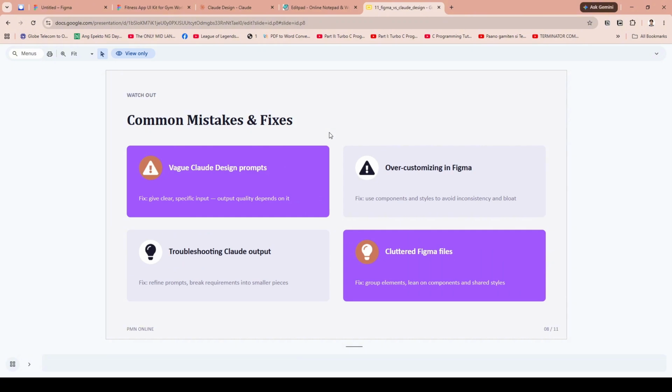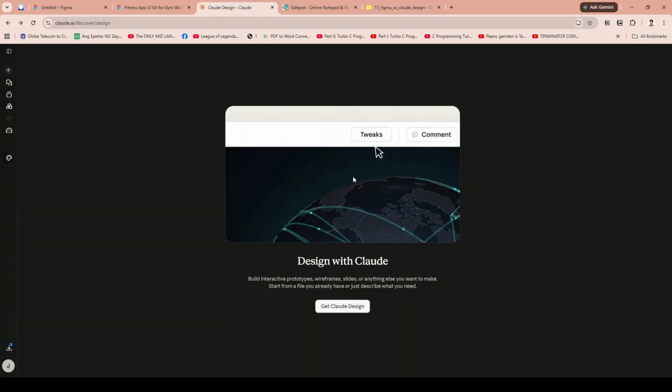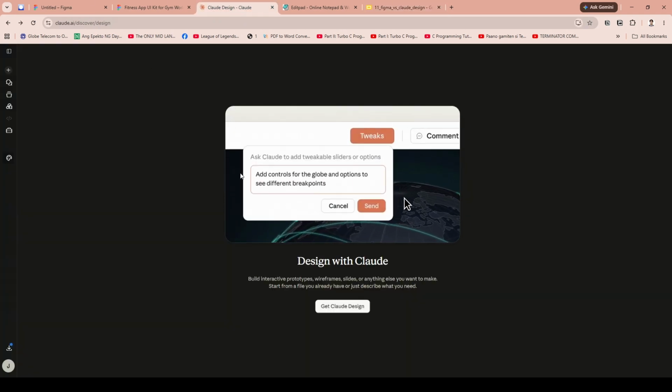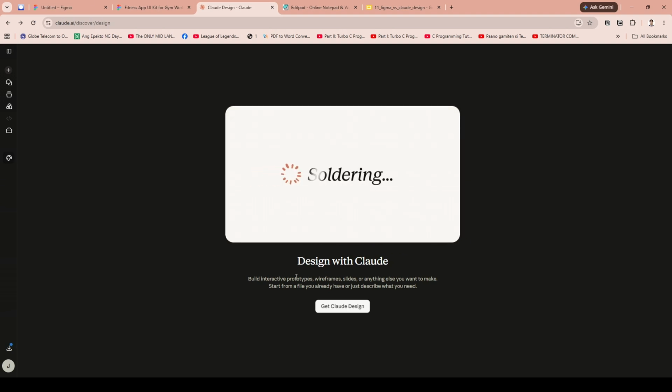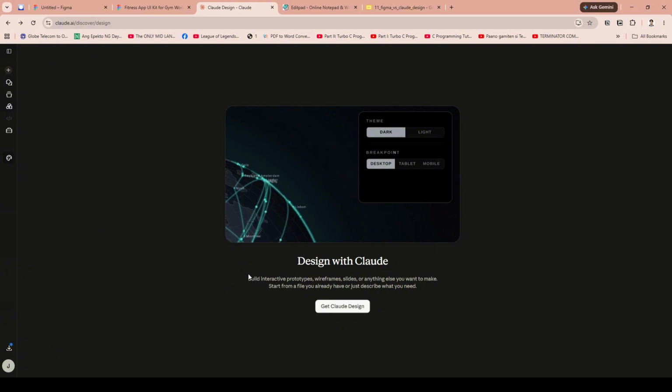So how do you choose between these two tools? It ultimately depends on where each tool creates the most value for your design process. Some designers, like myself, prefer to use Claude Design at the beginning of the design process. It's an excellent tool for transforming a product idea into a concrete direction, generating multiple solutions, and exploring behavior through